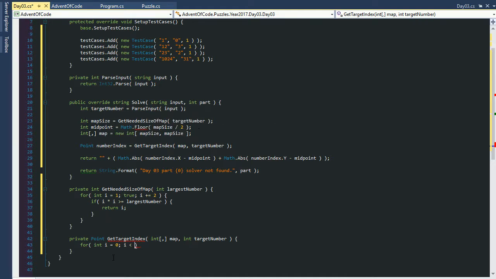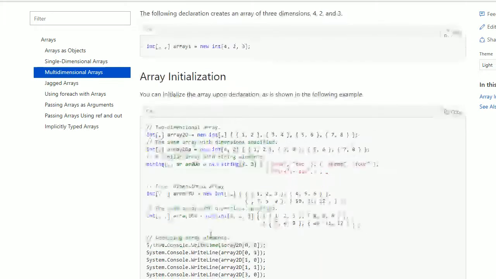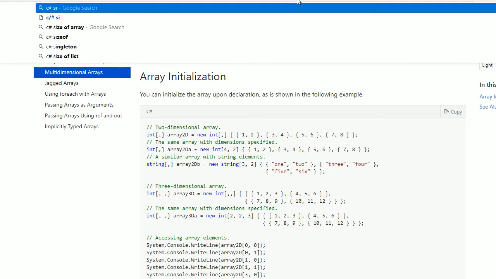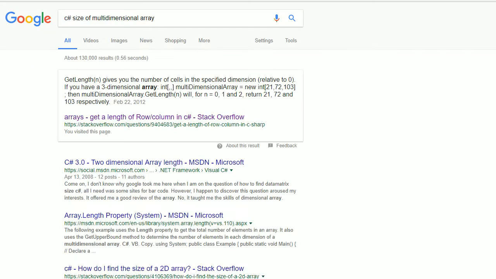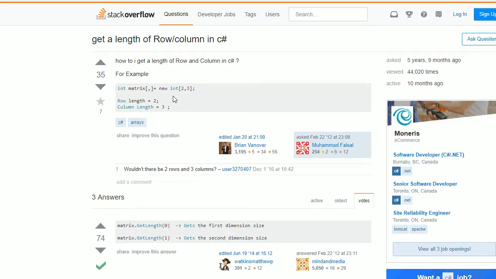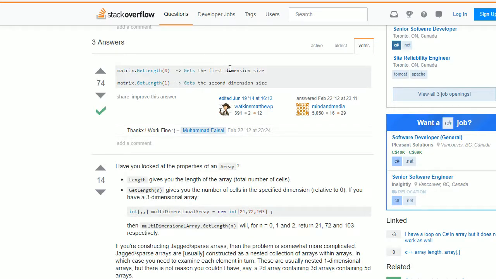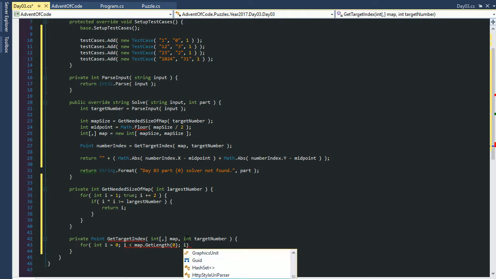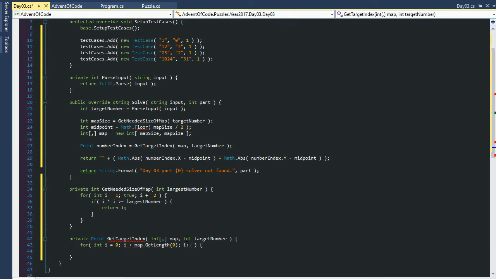Do I want to make that public? I'd rather not. Not public, but global. Gets the first dimension size, the second dimension size. Okay, awesome. Up dot length 0 plus j equals